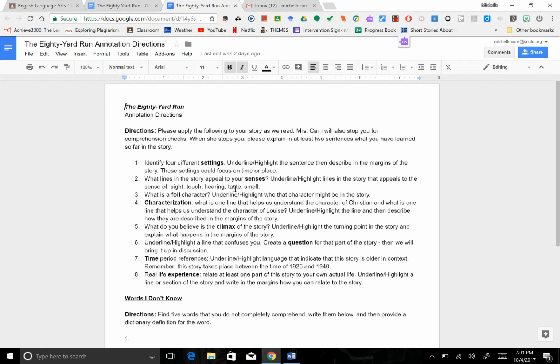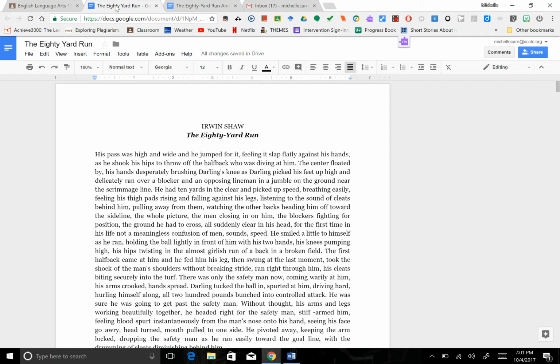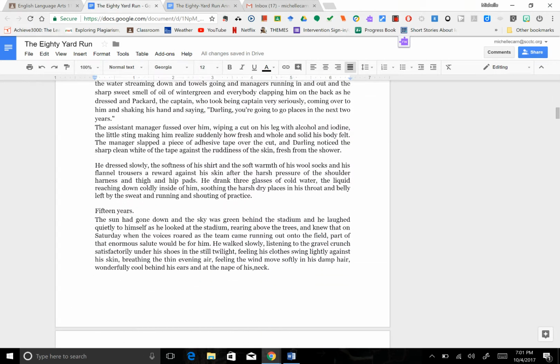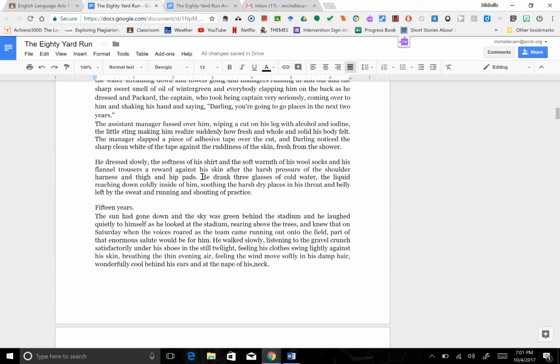The next part in the story was appealing to the senses. You're going to underline or highlight the parts of the story that appeal to the sense of sight, touch, hearing, taste, and smell. In class, we scrolled down on the second page, and we decided to click on